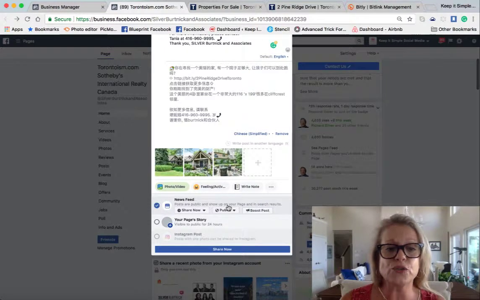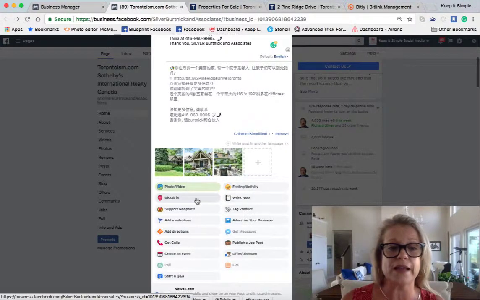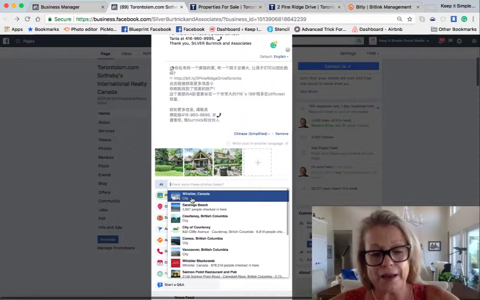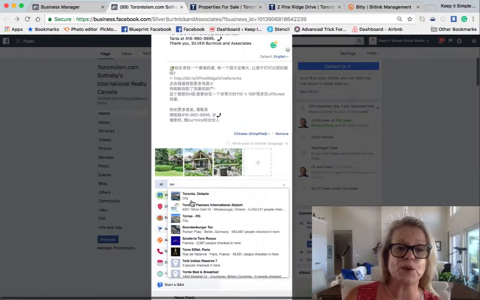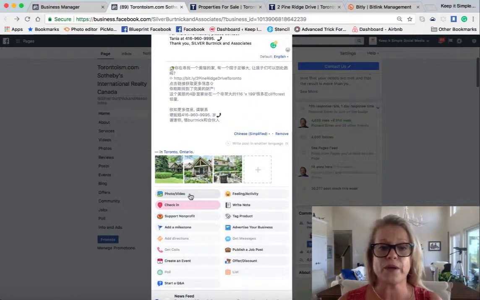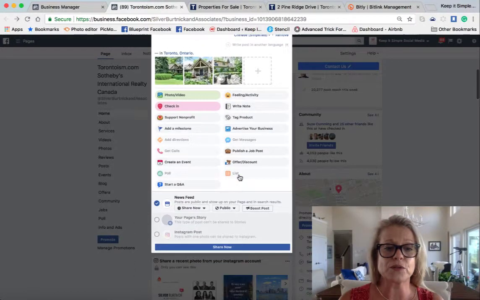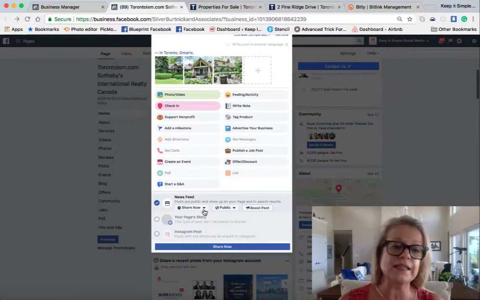Now what you're going to do is, before you share it or schedule it, what I do is I click these three little dots and I go into check-in, and I pick the city that I'm referring this post to, which is Toronto, Ontario. And then I'm going to scroll down, and you see this little tiny half diamond where